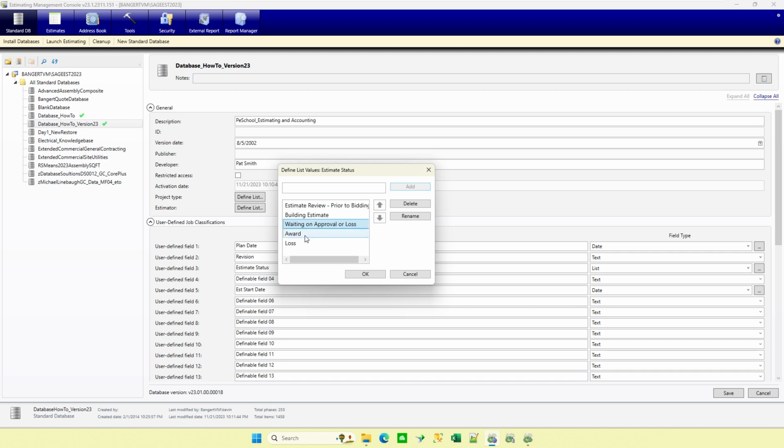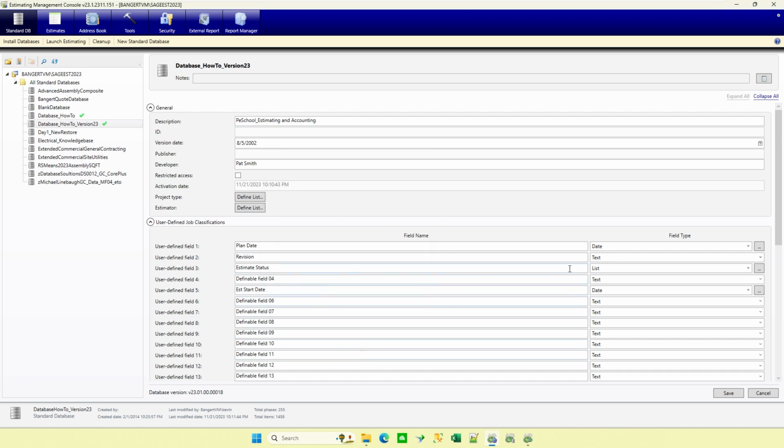Or on awarded, show me all the different jobs that we've been awarded this year, to know: are we more successful in schools this year? Are we more successful in restaurants this year? Those types of questions. By being consistent, this can really elevate my reporting and keep the information very consistent. And then I could say maybe something like an engineer estimated value, where they give me a dollar amount for what they estimate the project at.